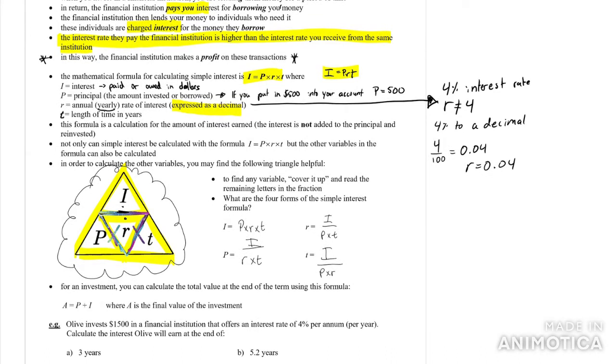The other thing is you can always calculate the total amount that you have in your account at any one time. There is this new value A, and how you calculate it is A equals P plus I. So if your principal was equal to, I'll keep going with $500, and say you earned interest and you earned $20. The amount that's in your account, so capital A for amount, is equal to P plus I. So it would be 500 plus 20, so it would be $520. Easy. The trick is that you calculate I first and then you plug it into this.